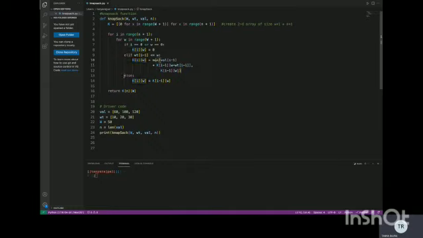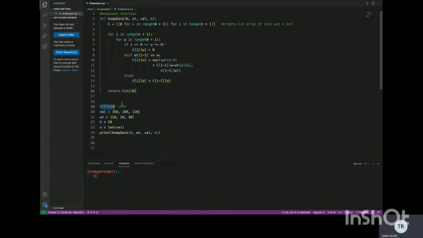And then we have the third condition: if the weight in the weight array at index i minus 1 is greater than the column, then we are not considering that element, since we cannot fill the knapsack with a weight that is greater than the knapsack. So if we encounter that condition, we are not taking it, and we are updating the value with the previous row and the same column. At the end, we are returning the maximum value that we will get at the last row and the last column of the table K, that is K[n][W].